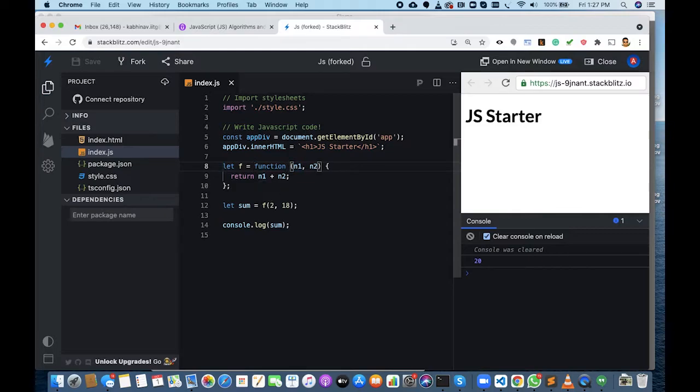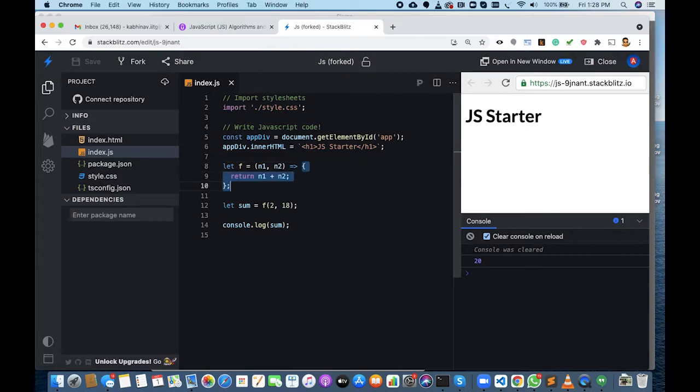So there is a shortcut in ES6. There is a shortcut notation for how we write functions, and we call it fat arrow syntax. So this can be written as, we omit the keyword function and write this fat arrow here, save it, and it works the same.